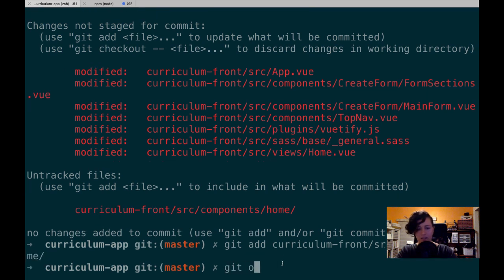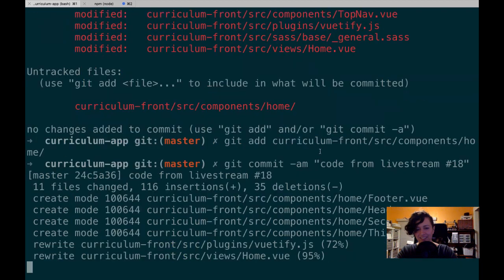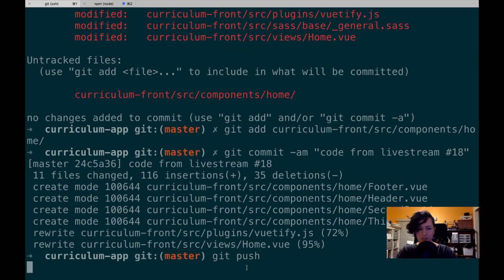And then this just takes care of the updated files. So these files, I'm going to say code from live stream number 18. Yeah, I'm so happy to have made it through 18 of these live streams. And now I'm going to push this